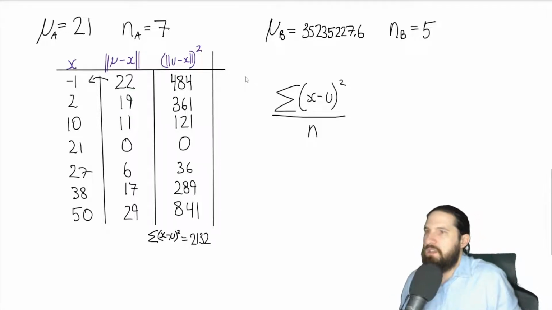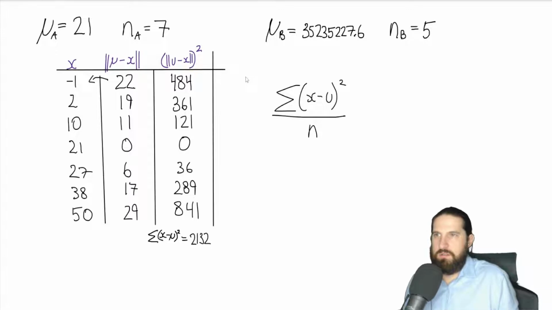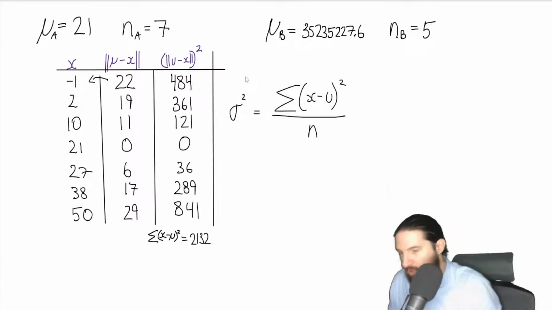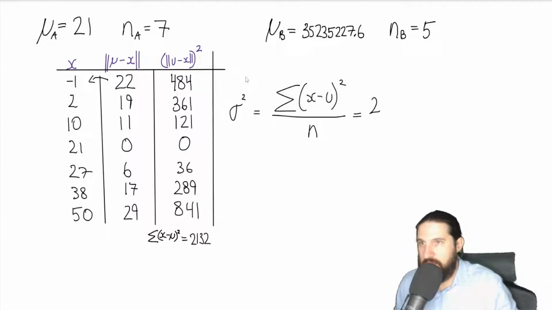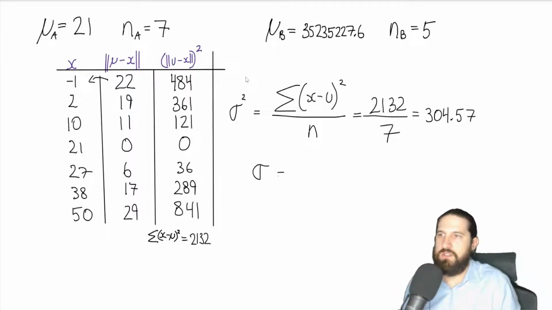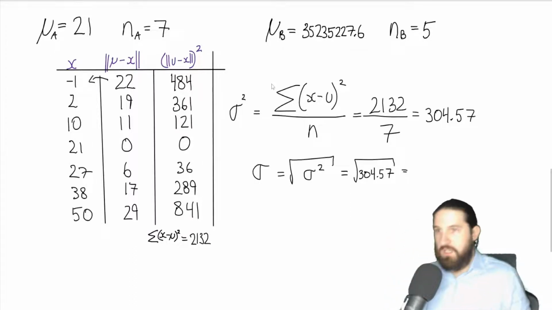So, okay, we're going to take the average of all of these things. And this is actually what we call the variance. So, divide that by, for us, 7. And so we get 304.57. Okay, and the standard deviation is just the square root of that. So the square root of the variance, which is the square root of 304.57, which is